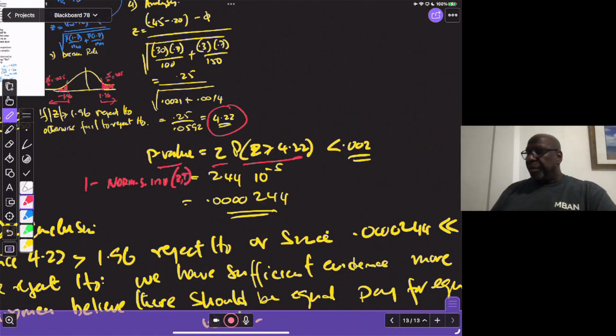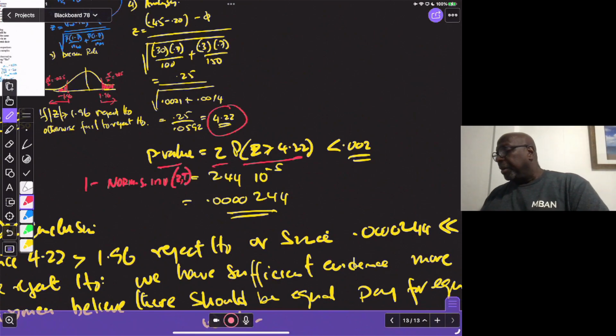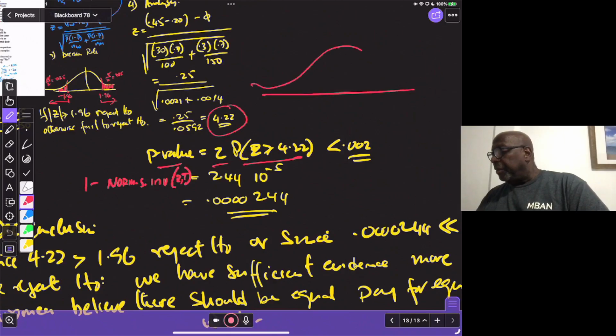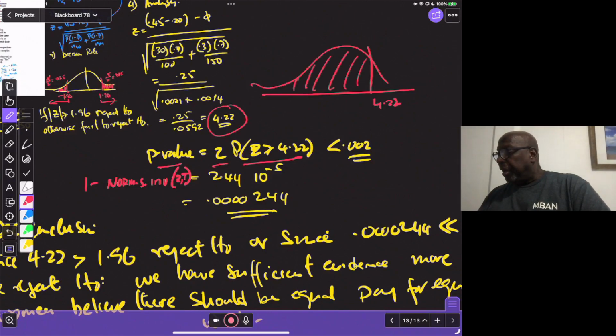When you do that, you get the cumulative area. So in Excel, this was my 4.22, then this is the area Excel will give me, but I'm looking for this area in the tail,